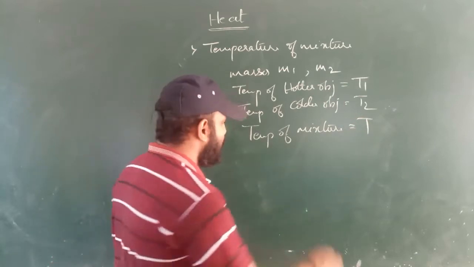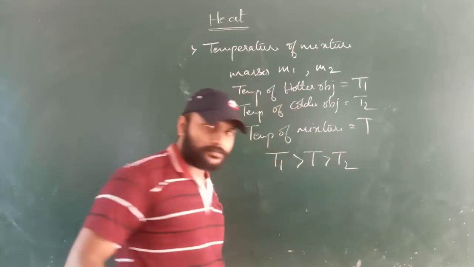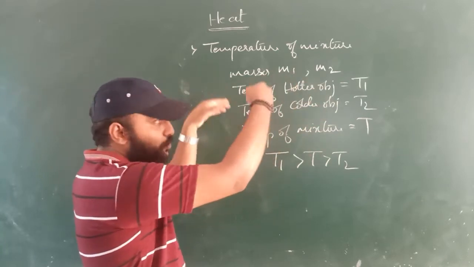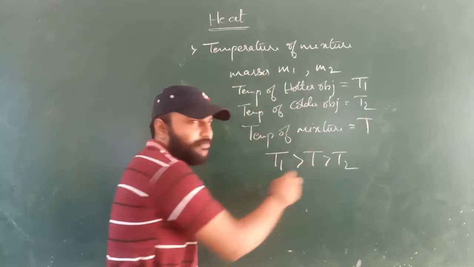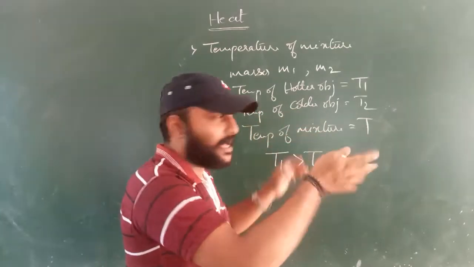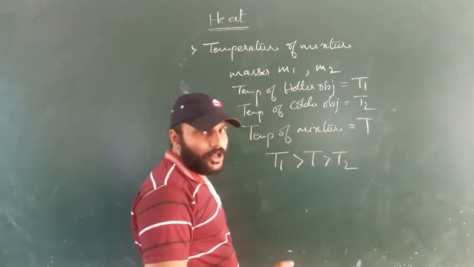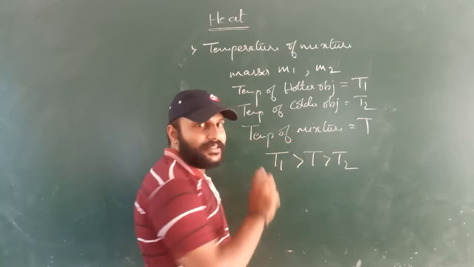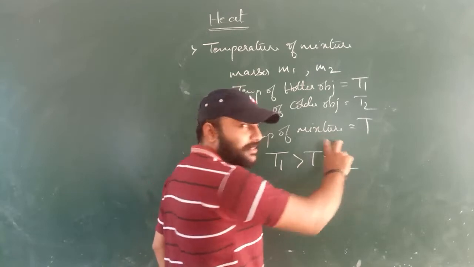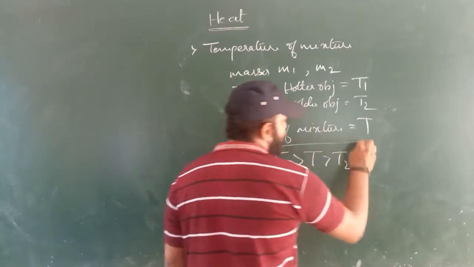Now what can we write? We can write that T1 is greater than T2. Understood? So objects at temperatures T1 and T2 are mixed in a large beaker, and it will become the temperature of the mixture. So the temperature of the mixture is what? As in the second case before, it will be the average. At the same time, we can observe that the temperature of the mixture will be greater than the colder object, but lesser than the hotter object, because it's an average. So that is the relationship we got.